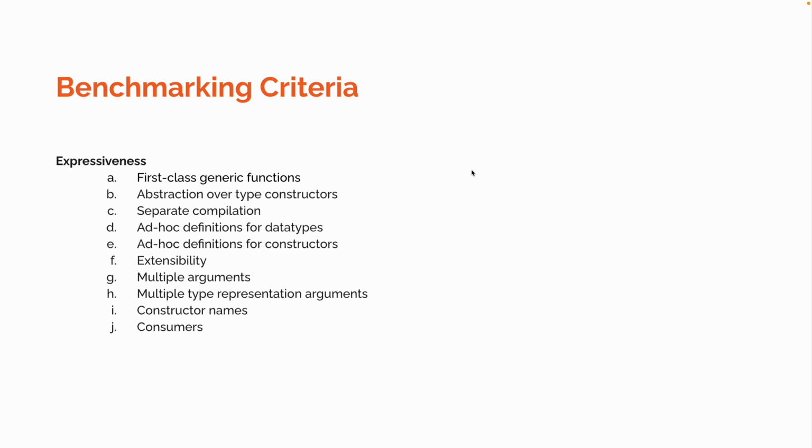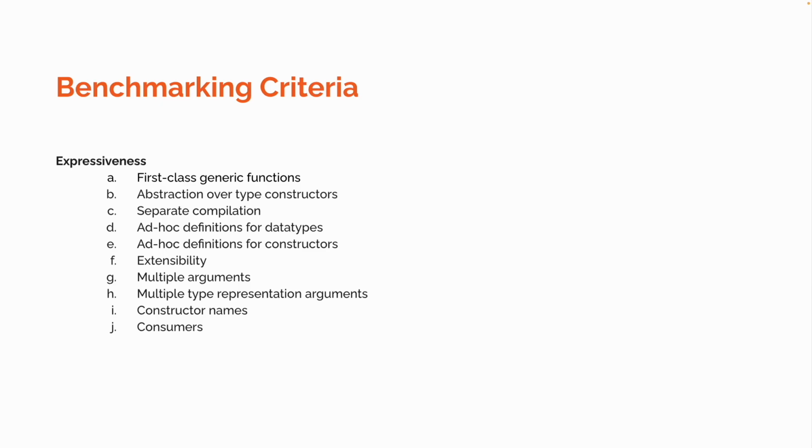Expressiveness is another set of criteria, which specifies what are the generic functions that are defined. There are a lot of subcategories defined under expressiveness in this paper, but in my presentation, I'm only going to discuss the most important ones. Rest of them can be found in the project report. Let's talk about the three most important ones.